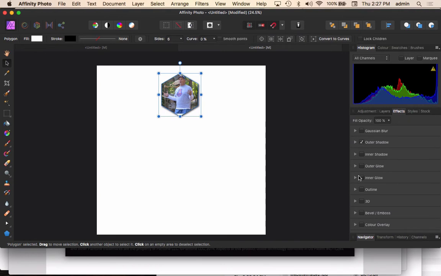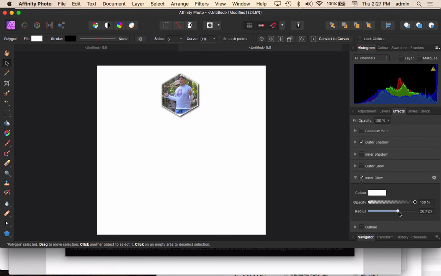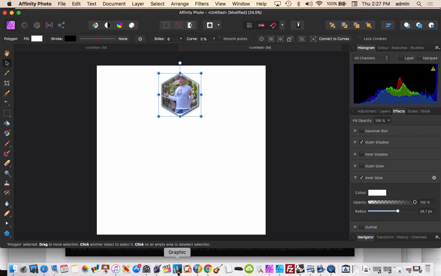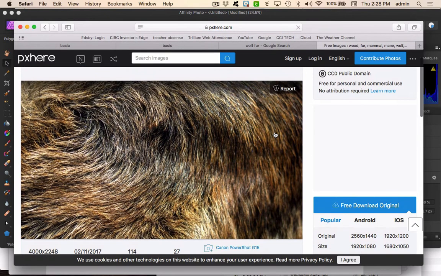And then we're going to give it an inner glow. And our inner glow, we're going to just change the radius again, and that just gives it a bit of a more three-dimensional look. You're going to do that for all 7 of your shapes. Now, I'm not going to force you to sit through all this, but I want to show you one more great trick. So if I were to have a picture of some fur, and we're going to use our favorite trick,